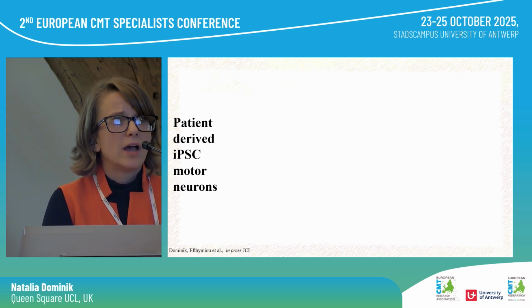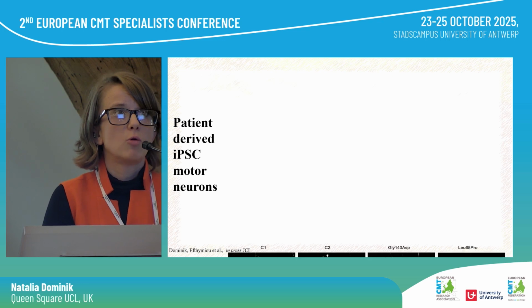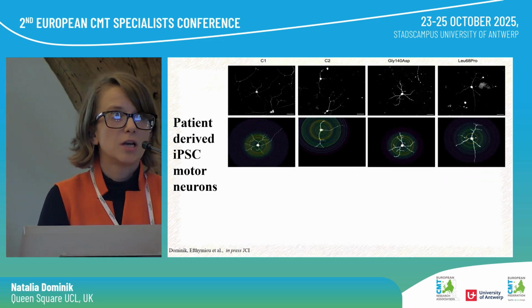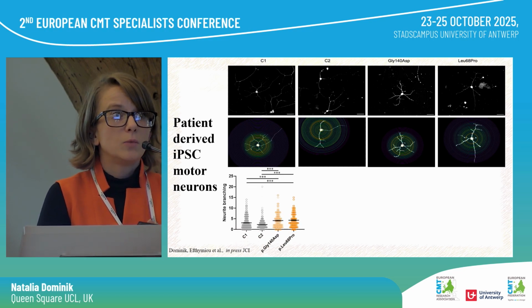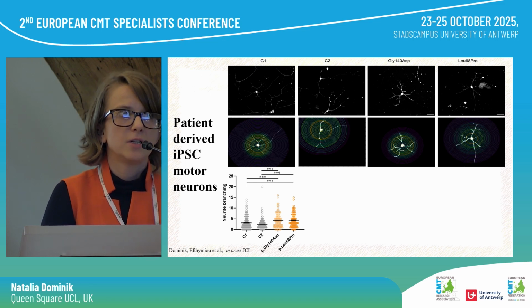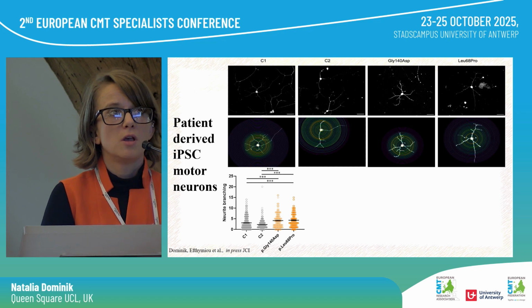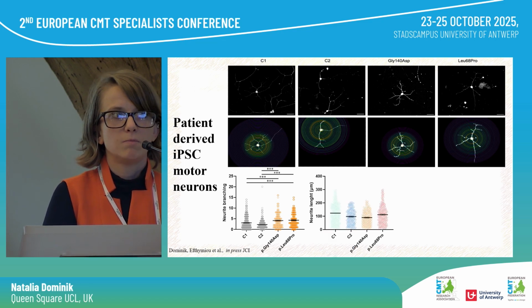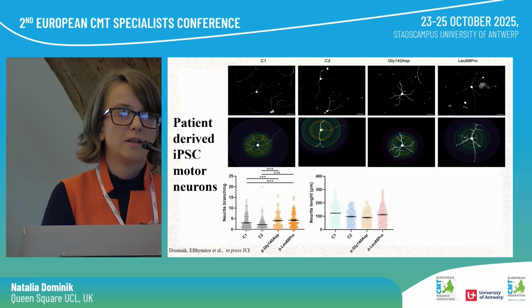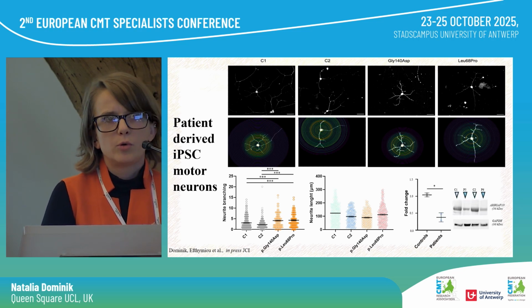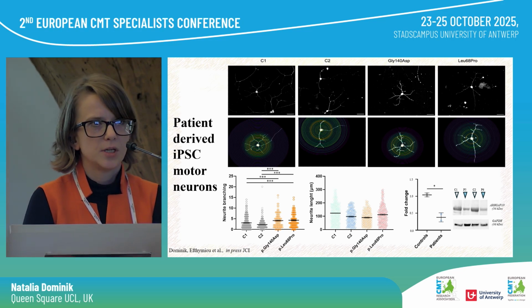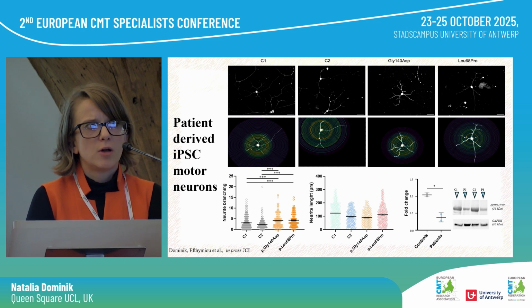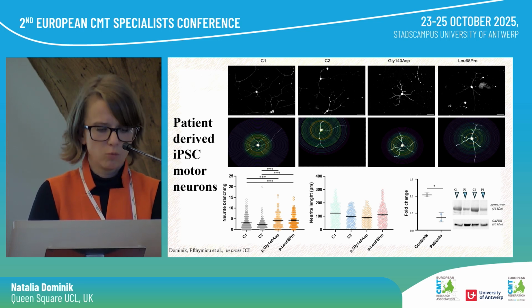And we were able to look at patient-derived iPSC motor neurons as well. We were able to do it in 2 patient lines compared to 2 controls. And here we saw a similar phenotype, that the neurite branching of the patient was significantly higher than in the controls. We didn't see any phenotypes when it came to neurite length. We looked at the protein expression in those iPSC-derived motor neurons, and ARHGAP19 was less expressed than in the controls. This work is now in press with JCI, and with this I would like to move on to my current